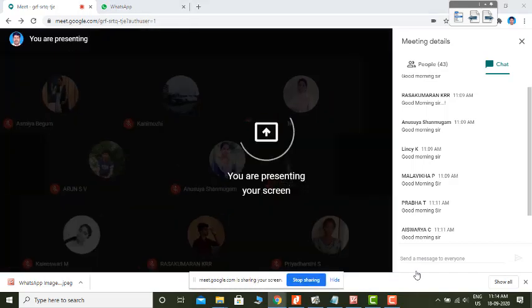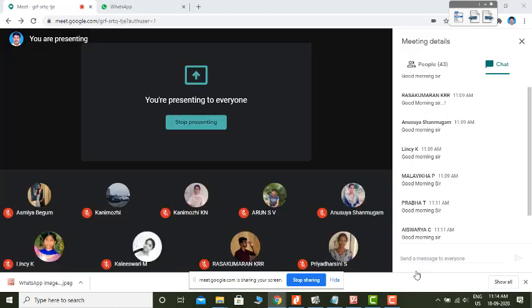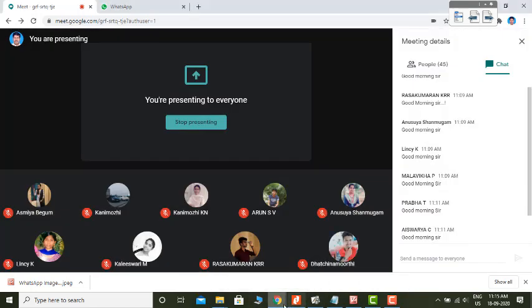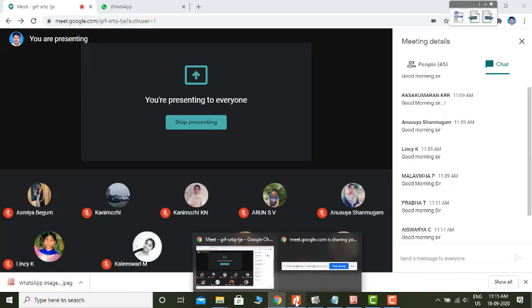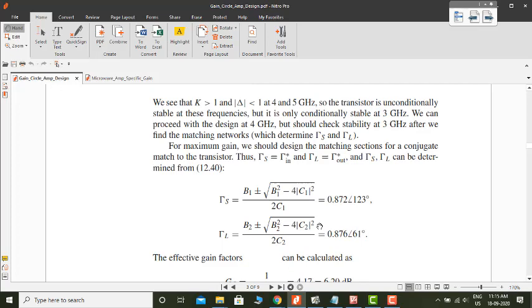I think in the last class you had some doubt about how to use the Smith chart to compute the transmission line length as well as the stub length. So once again, I will briefly describe how to use the Smith chart to get the transmission line length value as well as the length of the stub value.